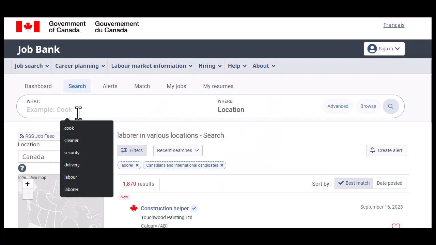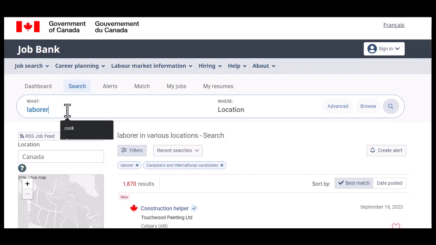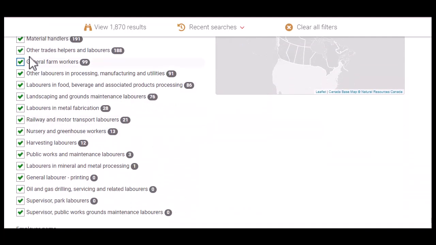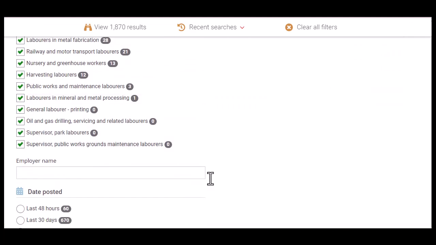Okay, first you have to open Job Bank Canada. In the search bar, just type laborer and simply click on advanced. Here you will have to apply some filters to get the results. First, just click all these checks. Now scroll down